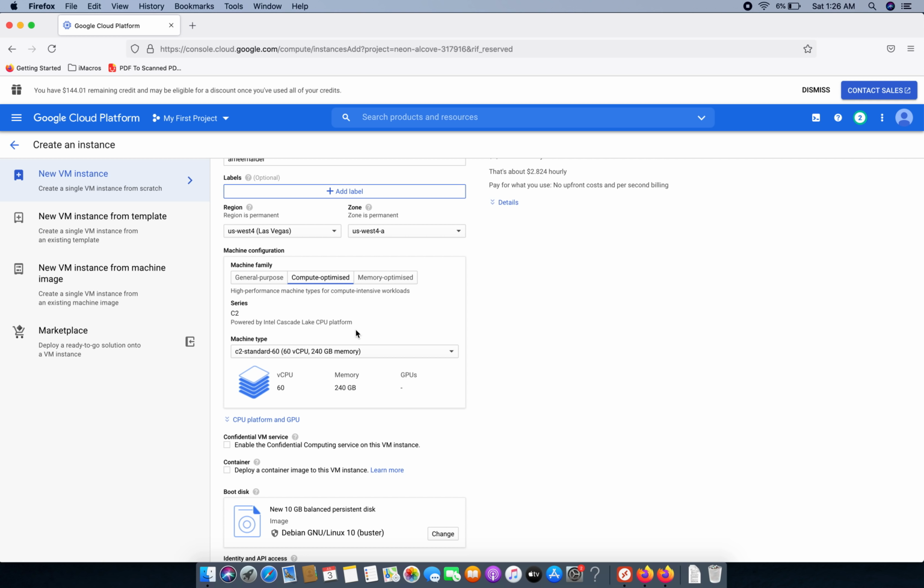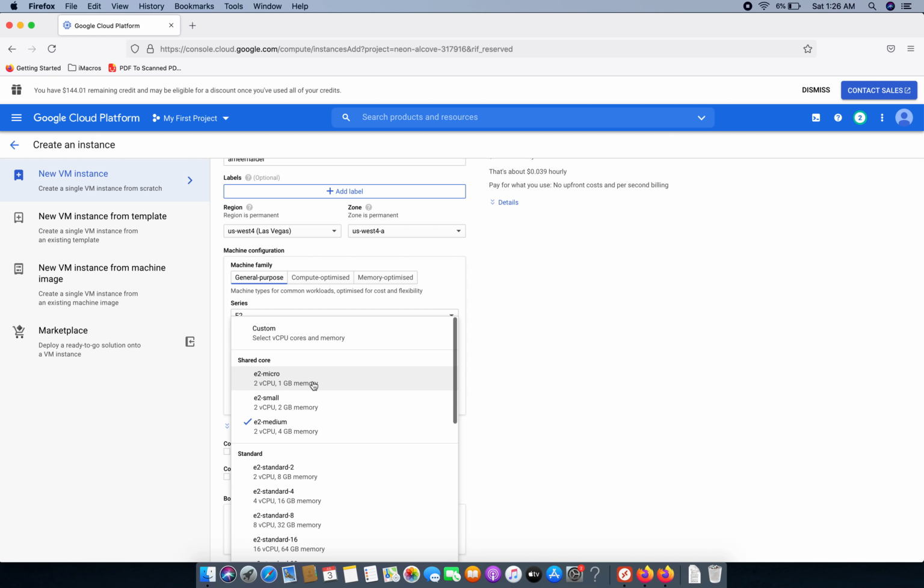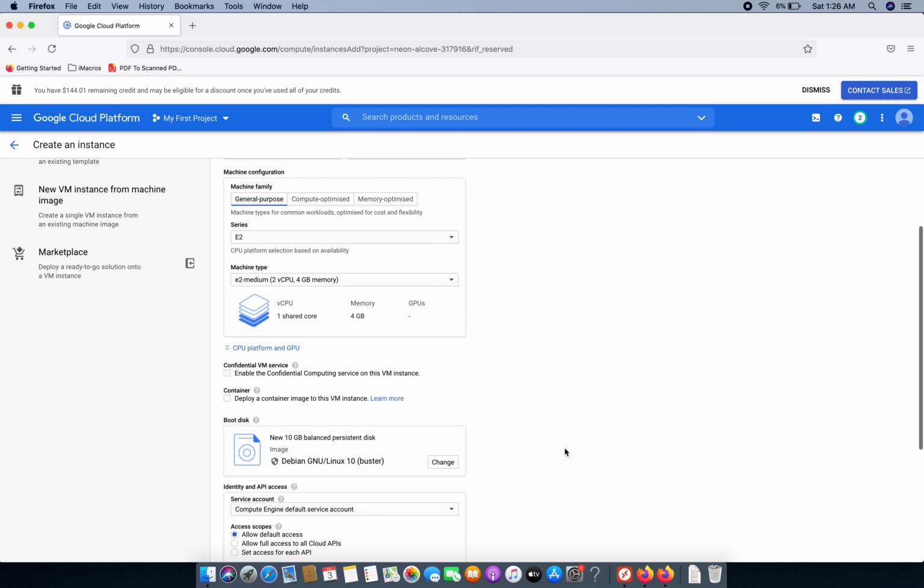So compute optimize are those CPUs which focus more on the cores, more on the computing power. And memory optimize, select this one if, let's suppose, the program which you want to run needs more RAM than CPUs. For instance, I am clicking on general purpose because I just want it for educational purposes. I will click on 2 CPUs.